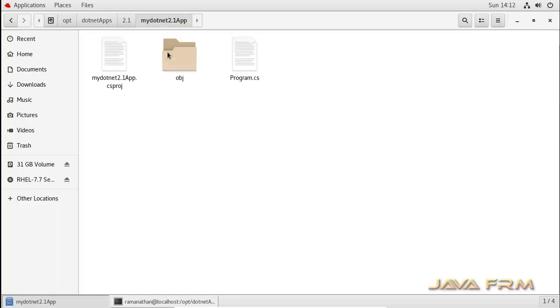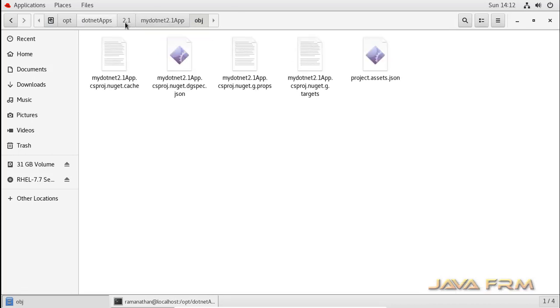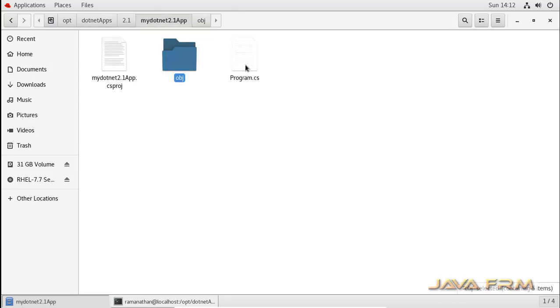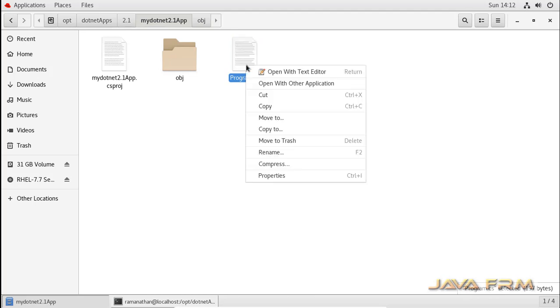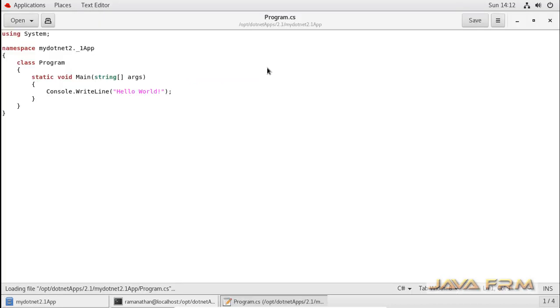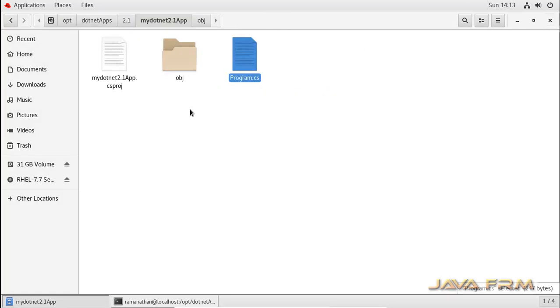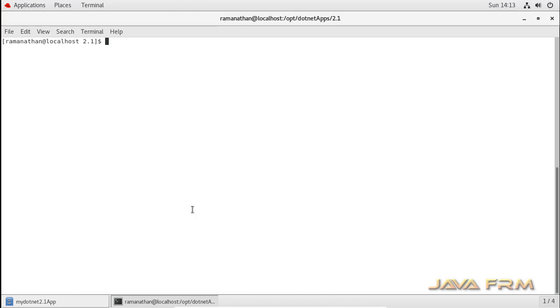This is the directory structure, and you can see lots of auto-generated files. Let me modify Program.cs, just modifying the hello world. If you have knowledge of C# applications, you can add extra logic to this Program.cs. Now we are going to run this application.